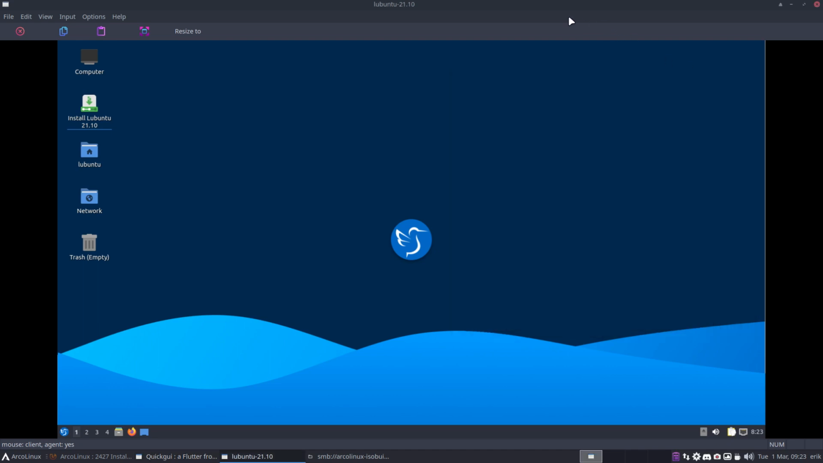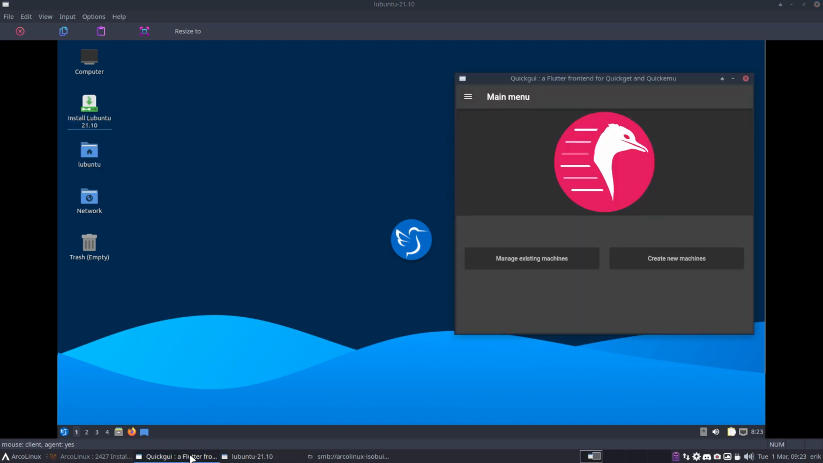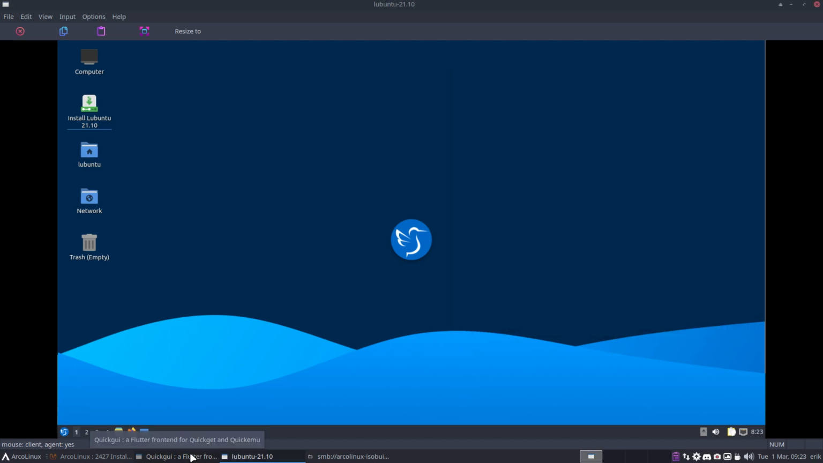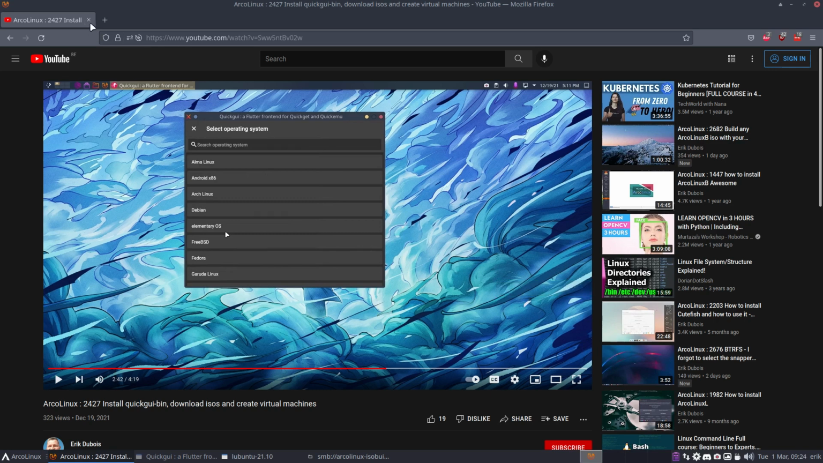I wanted to make a video for the ISO builders. There are a few guys who have enrolled in the university course of building your own ISO. Calamares is one of the tools that helps you install an operating system, and this is Lubuntu. I used the tool Quick GUI to quickly download it and boot it up. Just wanted to make a video saying that look,